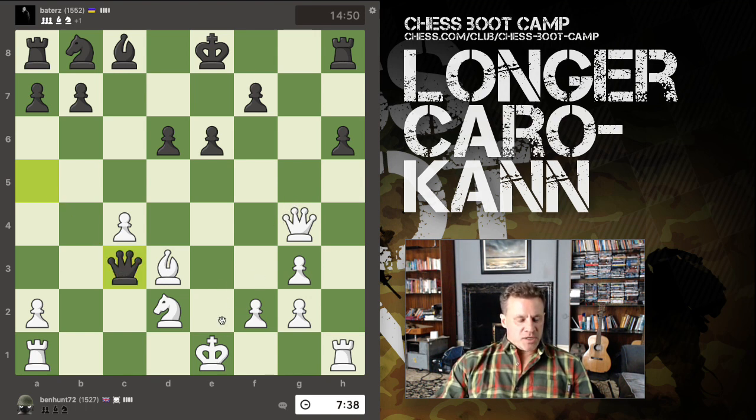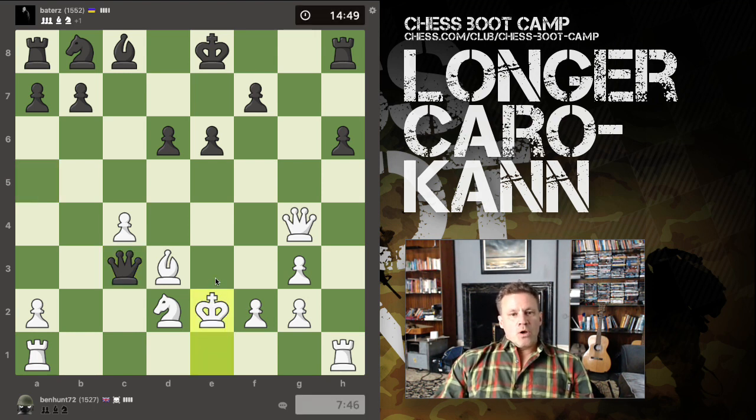My bishop is undefended. My knight is undefended. I have to play king e2. Whew. Well, if I'd have just auto-castled there, I'd have been a proper chump. Okay, we are pawn down. However,